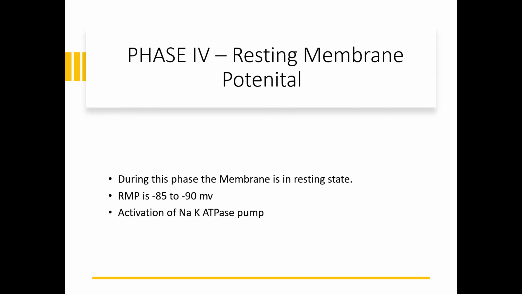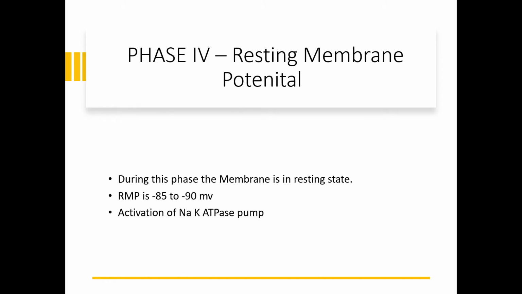After the depolarization, there is an initial repolarization phase where, because the potassium is moving outside, the membrane potential will again drop down to minus 30 millivolt. At minus 30 millivolt, there is opening of the slow calcium channels, so that there will be a balance of inward and outward movement of the current, and then finally there will be a repolarization phase, which then leads to the resting membrane potential, when the membrane potential reaches minus 85 millivolt because of the excessive movement of the potassium from inside to outside.